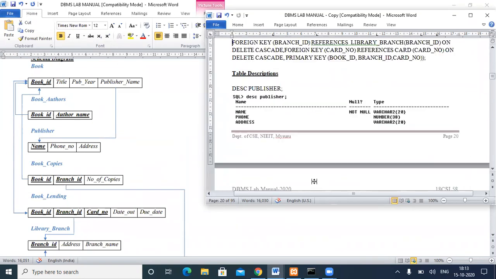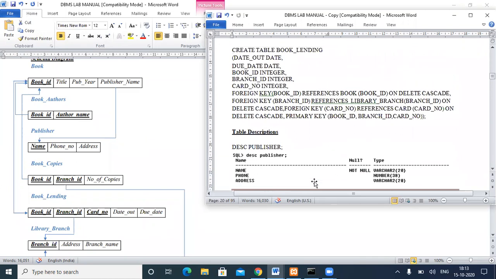So here we have a book lending table. That is a date. For date, we can use the date data type itself, and the due date, same thing, data type will be date, and the book ID will be the integer. And here we made a mistake, that is, book ID should reference book ID of the book table.